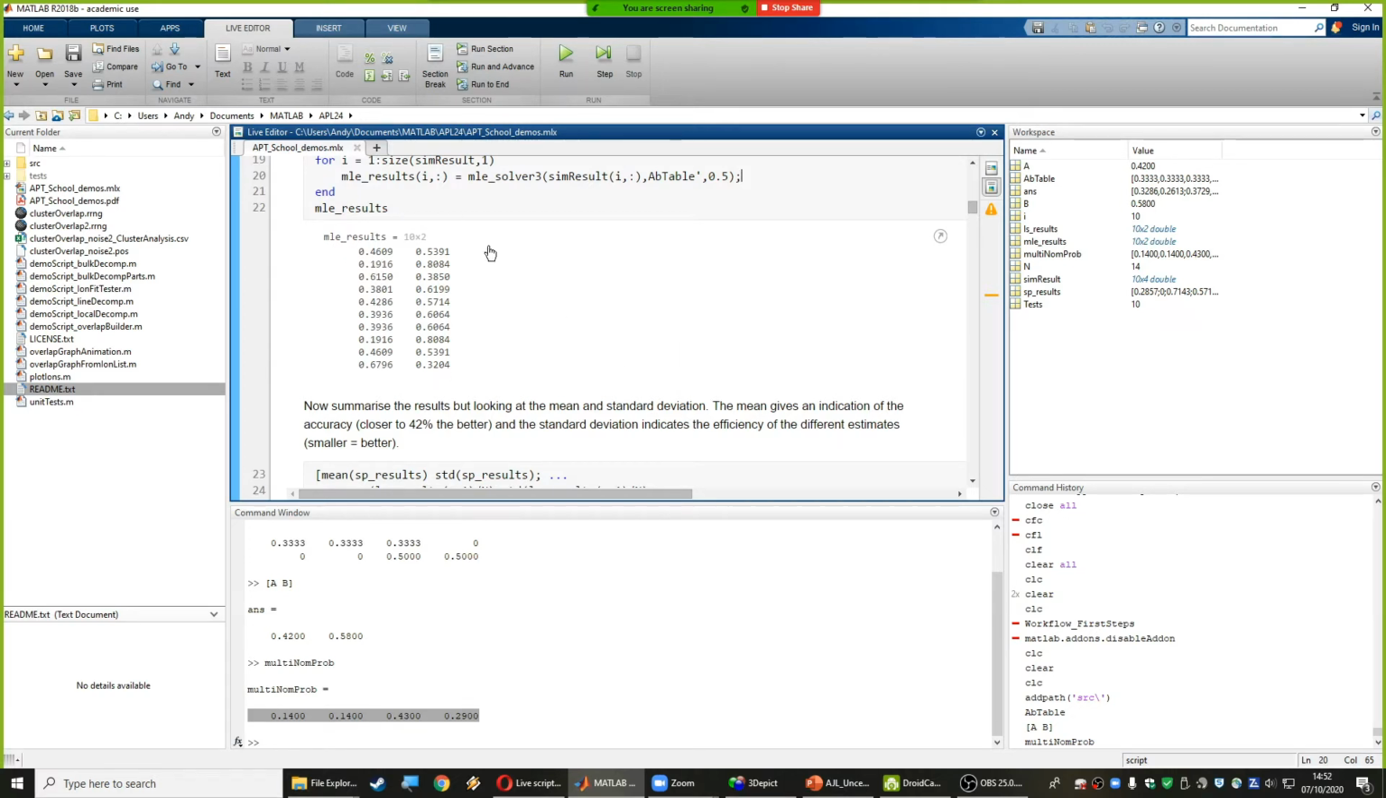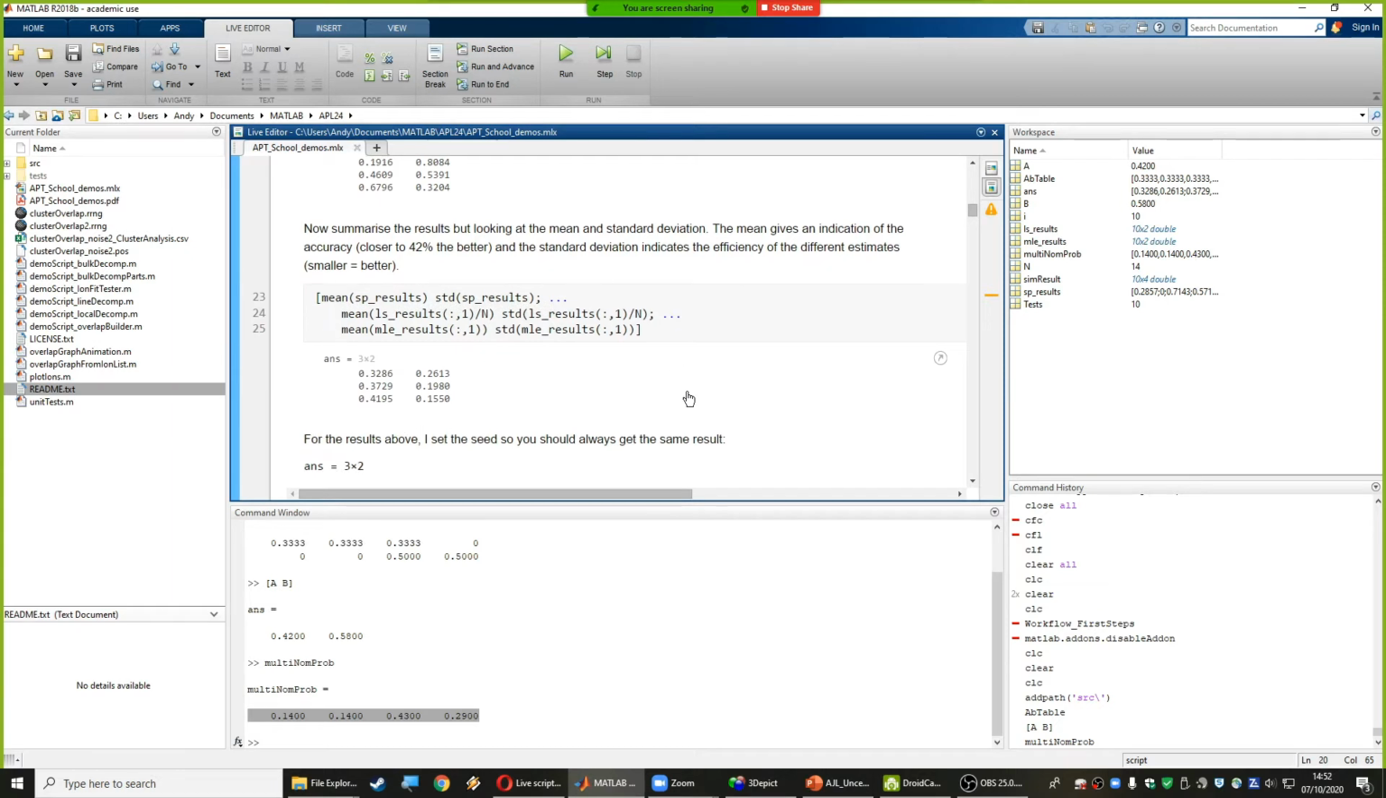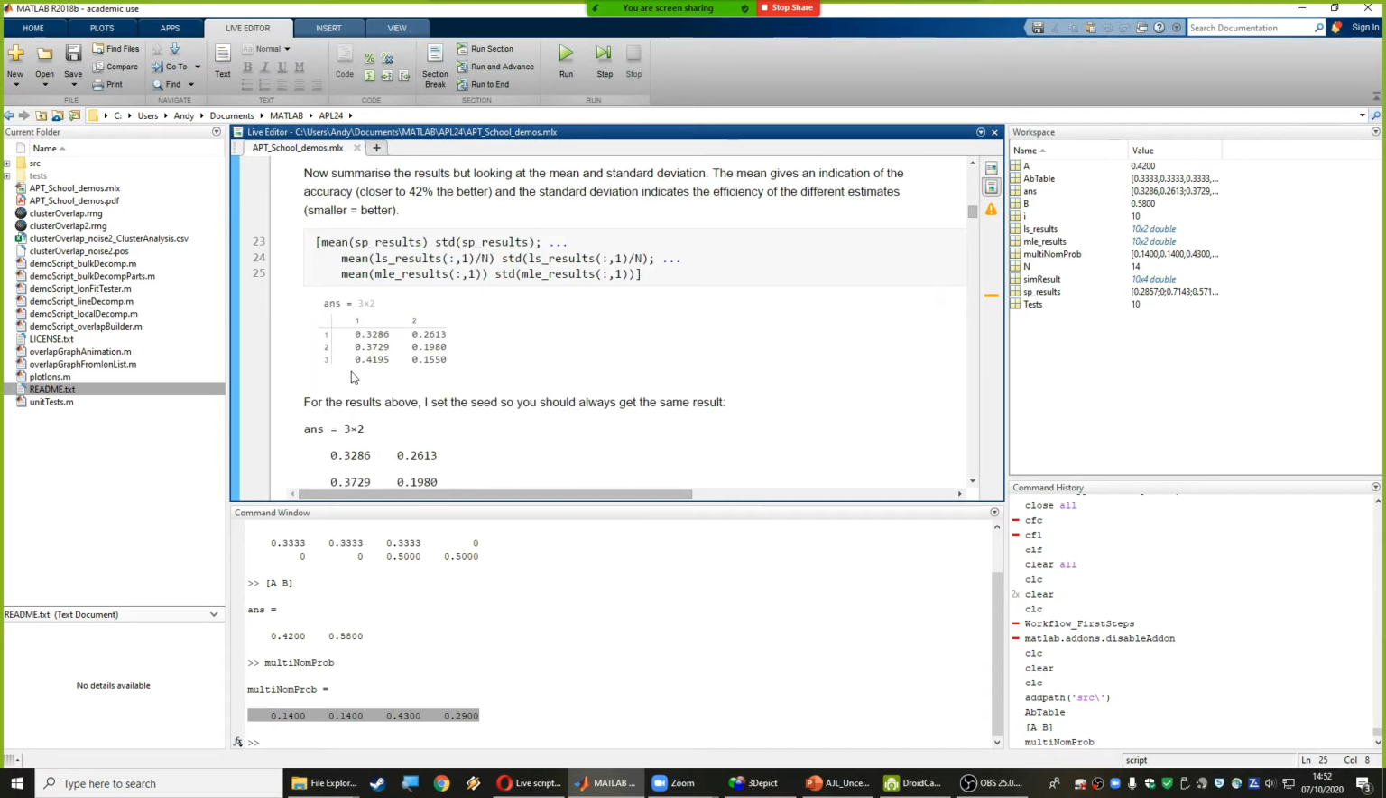These are our results for the maximum likelihood solver. You'll note here it's actually returning composition, not number of counts. So we can summarize this and look at the mean and standard deviation of our results. The top row here is our single peak, the second one is least squares, and the third one is maximum likelihood. And this particular random seed shows the effect quite nicely: the single peak is the least accurate and has the widest standard deviation. The least squares is better in both cases, but the maximum likelihood has the smallest standard